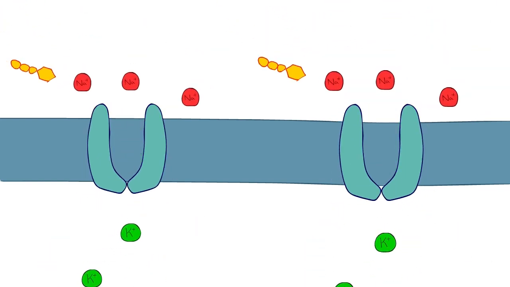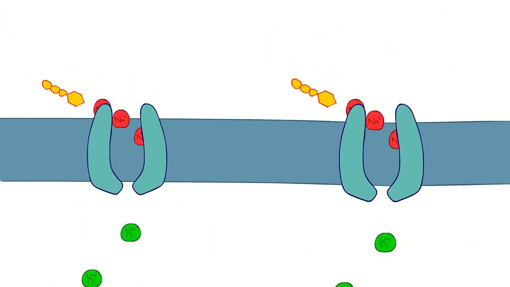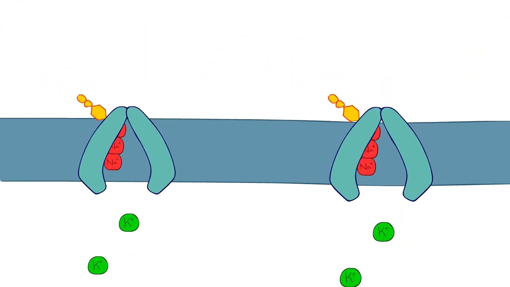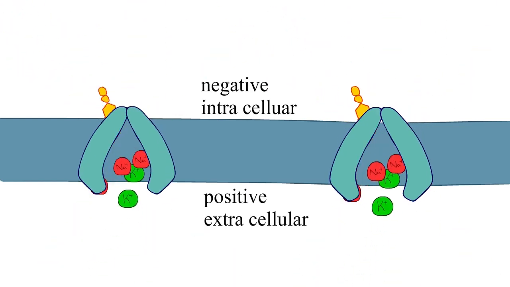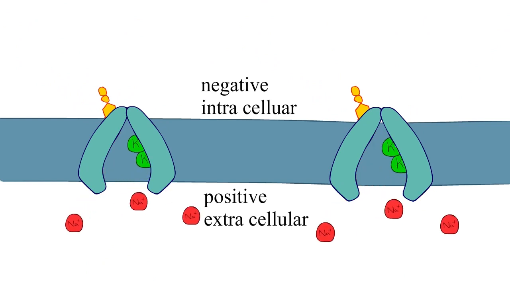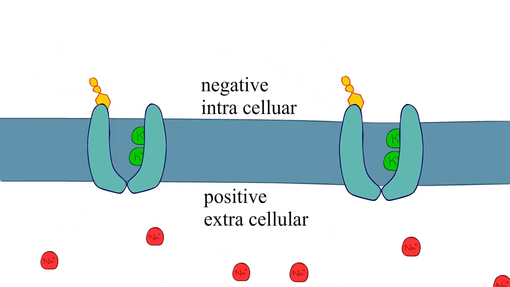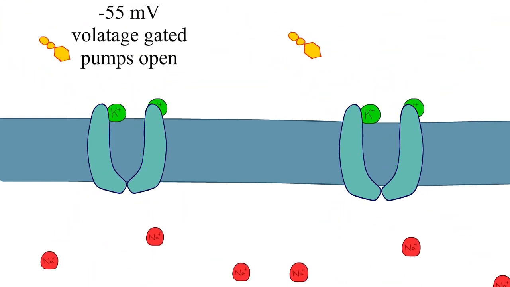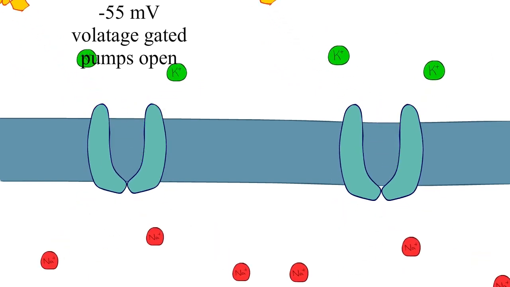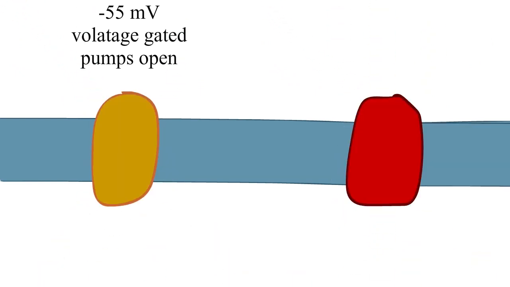In this mechanism, 3 sodium ions are actively transported out of the cell, while 2 potassium ions are transported into the cell. This creates an overall positive charge in the extracellular space and an overall negative charge in the intracellular space within the axon. Once the nerves are stimulated enough to reach the threshold of -55 millivolts, the sodium channels on the dendrites open. This causes voltage-gated pumps to open, moving sodium ions in and potassium ions out of the